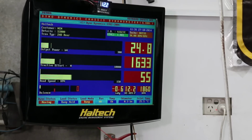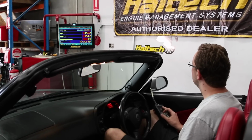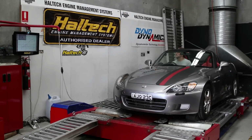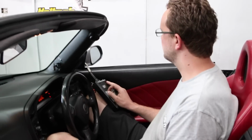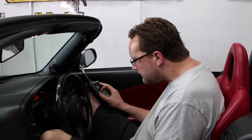Because this is such a hotly debated topic, we put up a poll on the Mighty Mods forum, and 35% of people said a cold air intake will make power. 8% of people said it'd lose power, and the overwhelming majority of people, 57% in fact, said it won't do anything. I've heard some pretty wild claims from resellers of cold air intakes that promise 10 to 20% gains, and